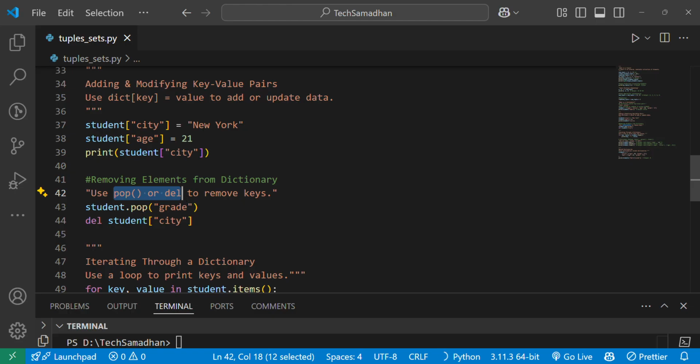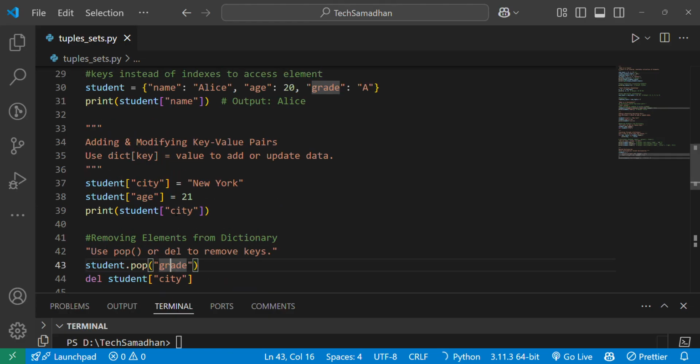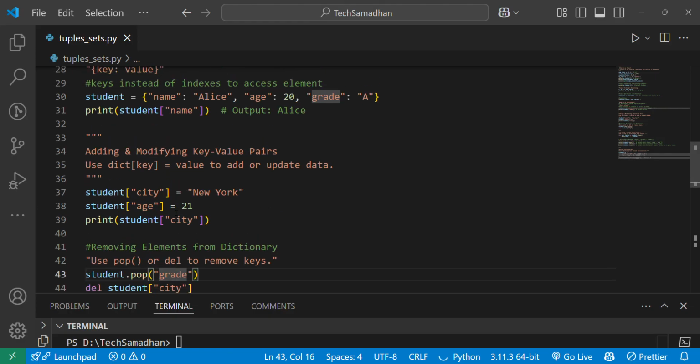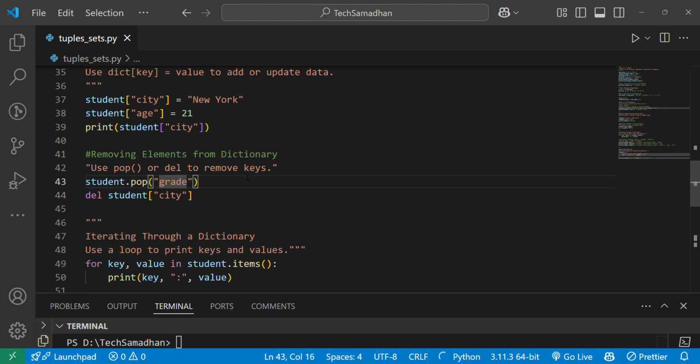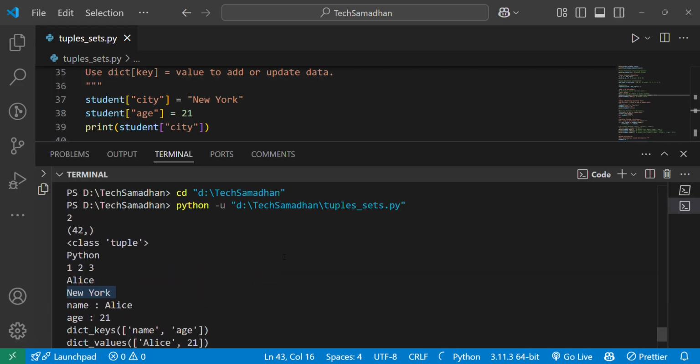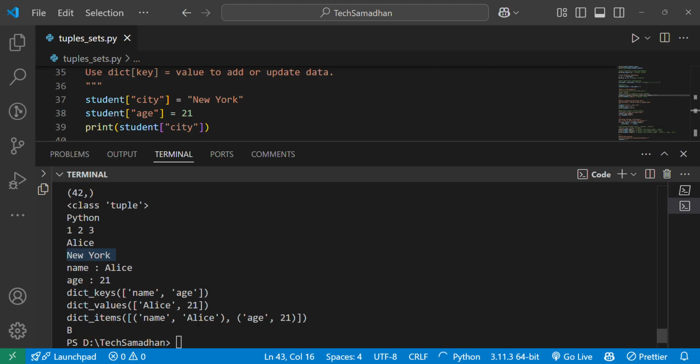So student dot pop, as specified, my key is grade. Now it will definitely get removed. Or delete, or del student city. Then this would get removed. See here the age got updated for alias as 21